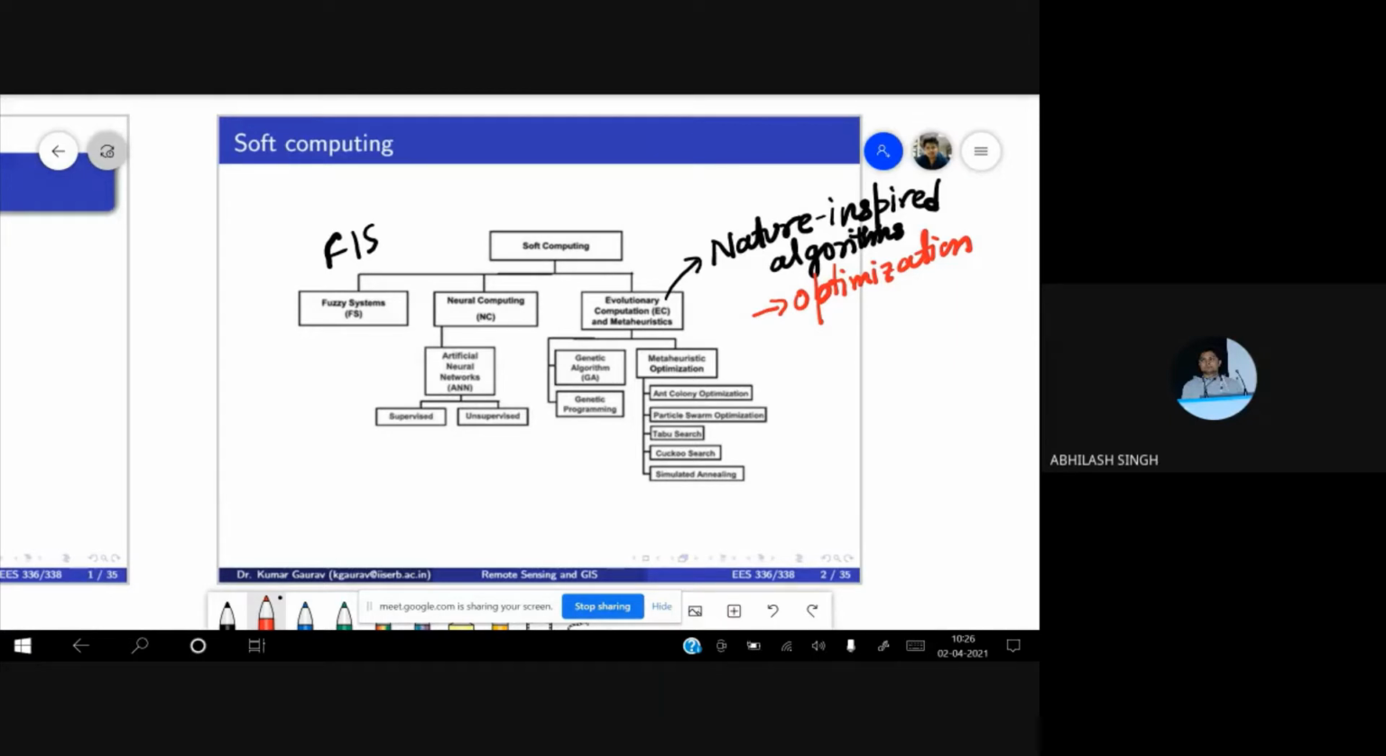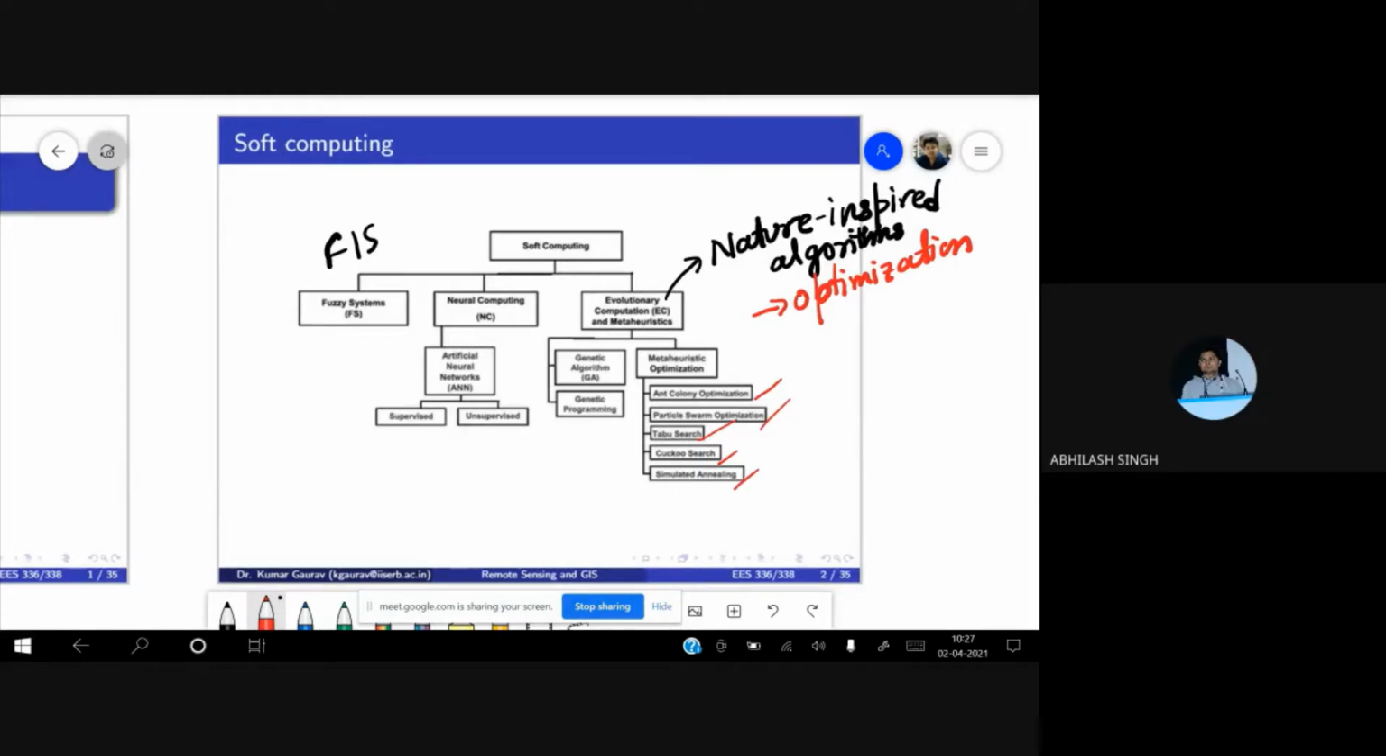As the names suggest, there are ant colony optimization, particle swarm optimization, tabu search, cuckoo search, simulated annealing, lion optimization. There are many algorithms. I have listed 200 algorithms in my recent review paper on nature-inspired algorithms, and these 200 are original algorithms. If you also count modifications, like improved genetic algorithm or enhanced genetic algorithm, then nowadays there are more than 500 algorithms available